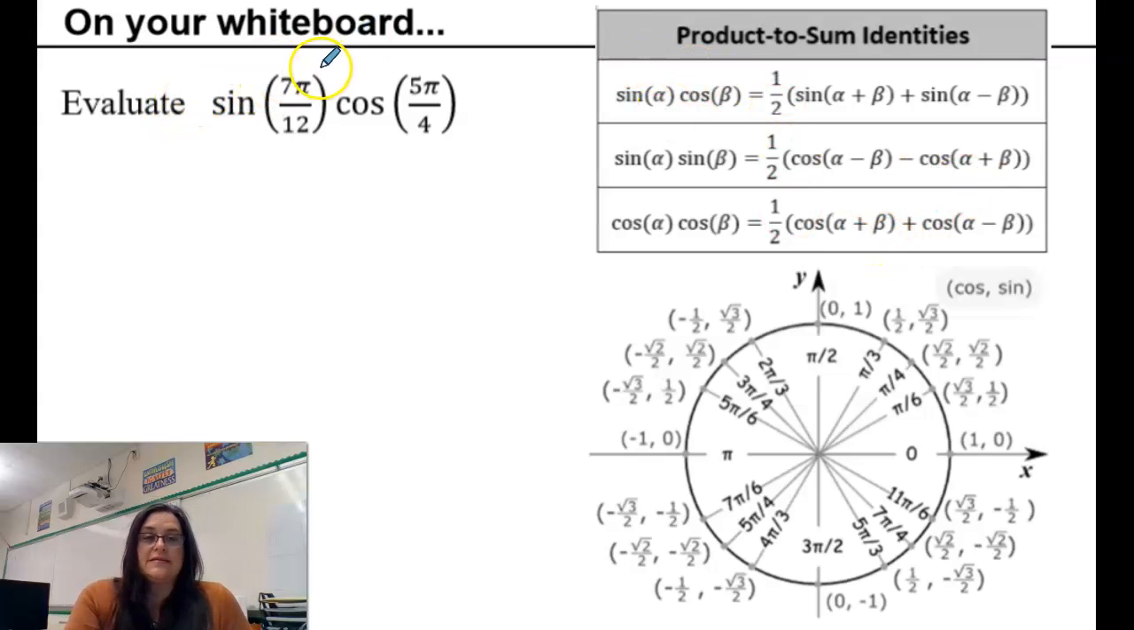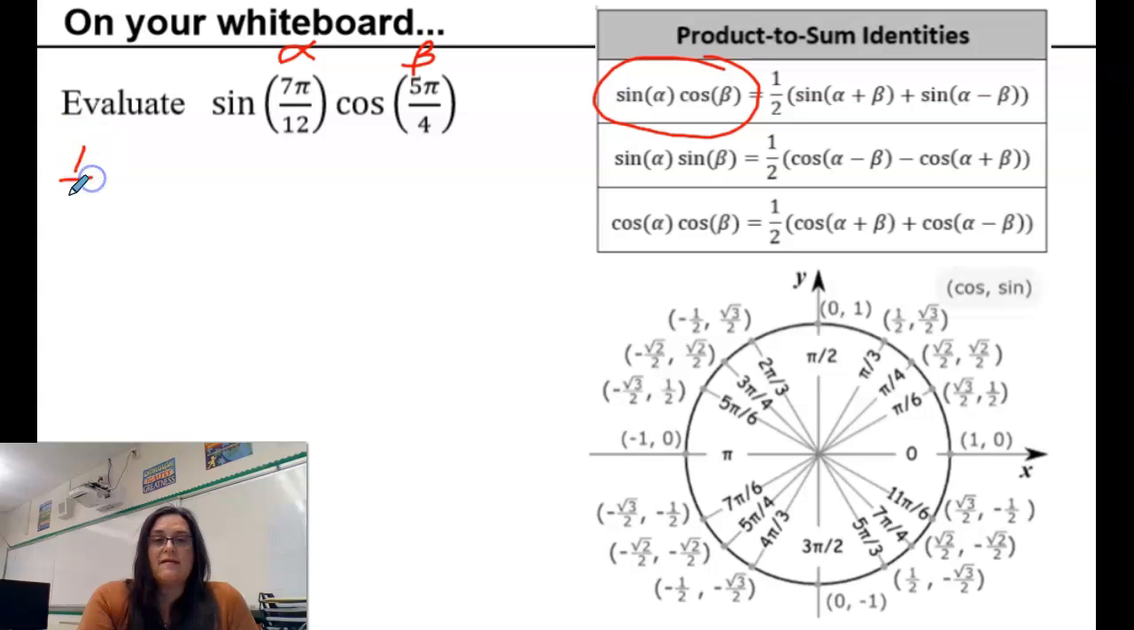So if we want to evaluate the sine of 7 pi over 12 times cosine of 5 pi over 4, we're going to need this product to sum identity, sine of alpha times cosine of beta. So 7 pi over 12 will be our alpha angle, and the 5 pi over 4 in our cosine function will be the beta in the identity. So we'll take 1/2 times the quantity sine, and then we need to add alpha plus beta, so that's 7 pi over 12